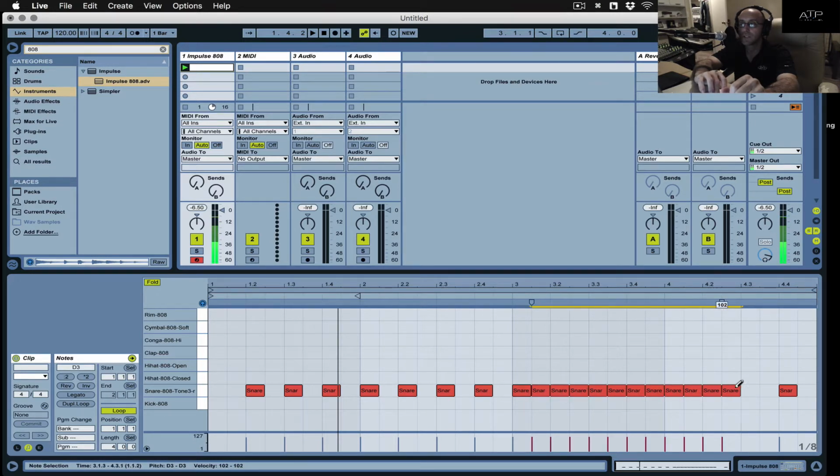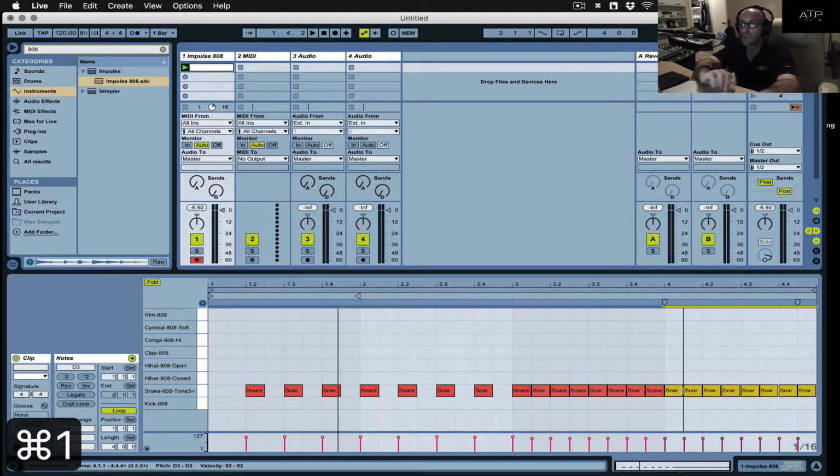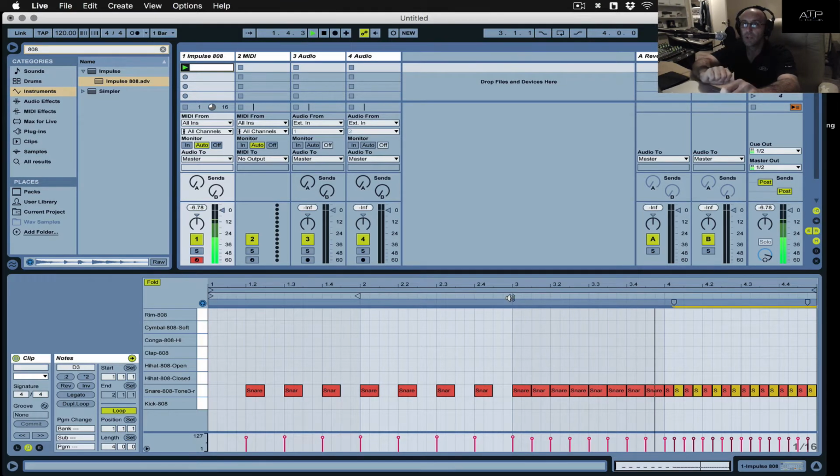And as I'm penciling these in, of course, you can select these and change your grid with Command 1 or Command 2 to finer grid resolutions. So like 1/16, then I can hold Option, click and drag these guys over. While I have the pencil tool on, I could actually toggle from Command 1 to Command 2 and draw them in all at one time. So here we have the snare,